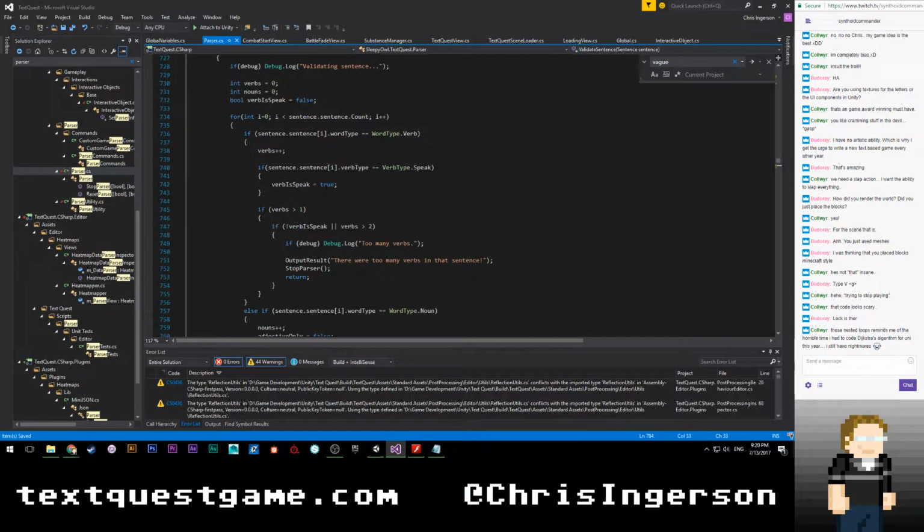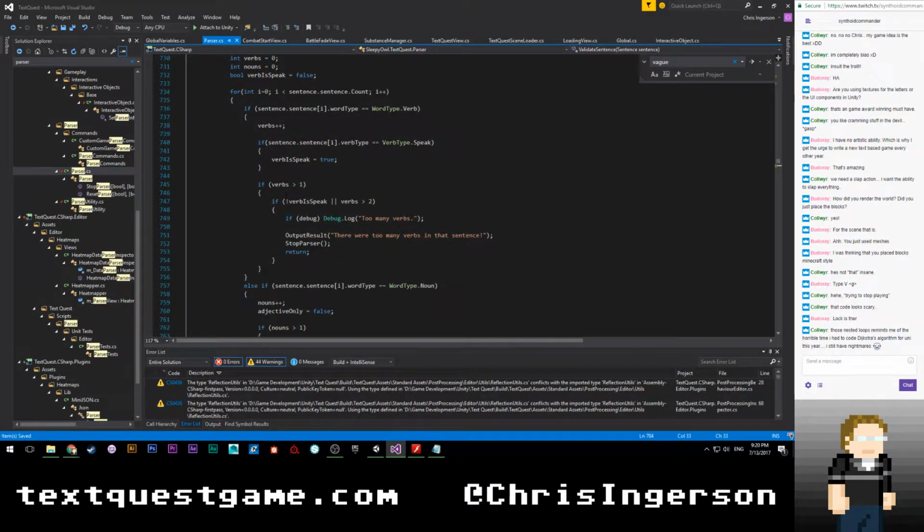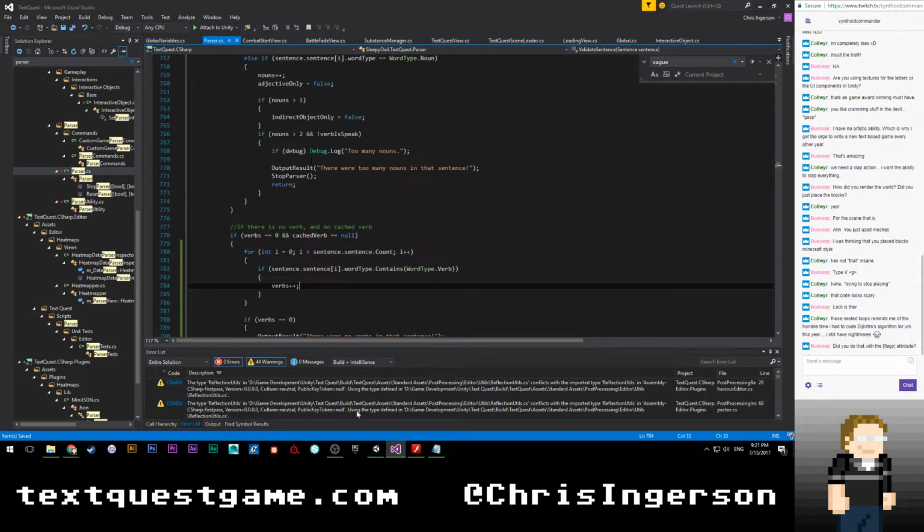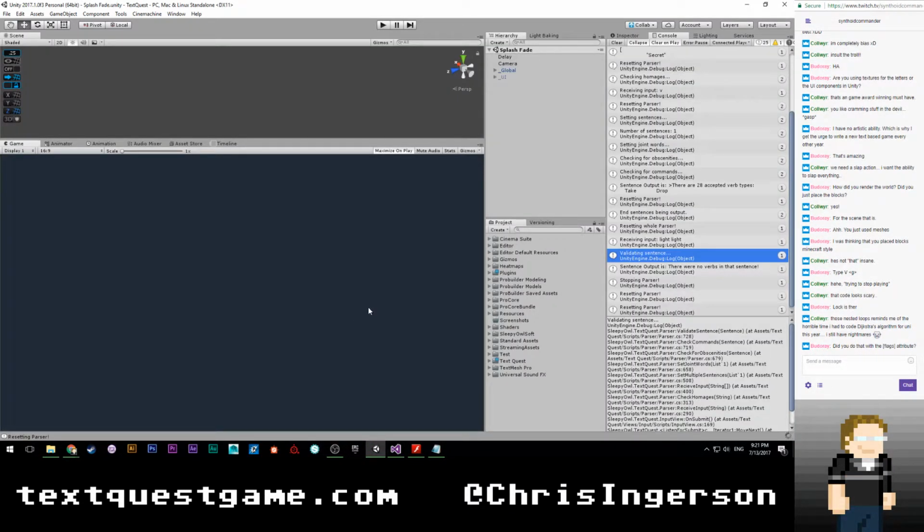All right. I think that will do it. Guessing. Let's see. Verb is speak. Verbs greater than 1. Yeah. Okay. I think that's fine. And of course, now that I've added that to the parser, I'm going to be paranoid forever. So it's similar to flags. I have my own custom bitmask class that handles basically what flags do, kind of.